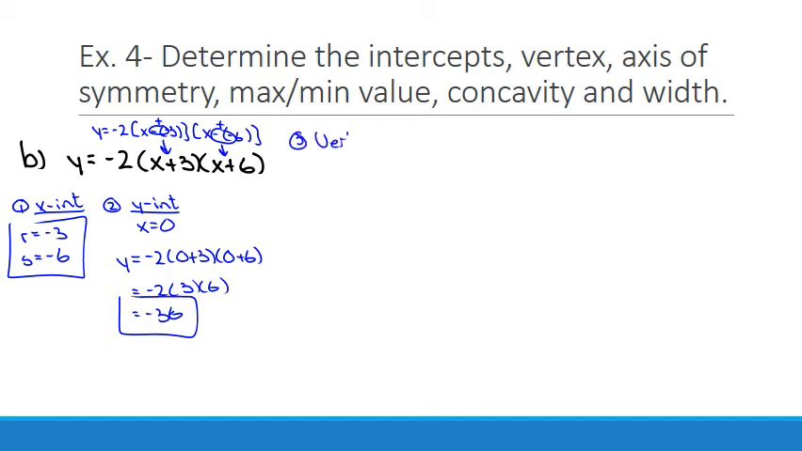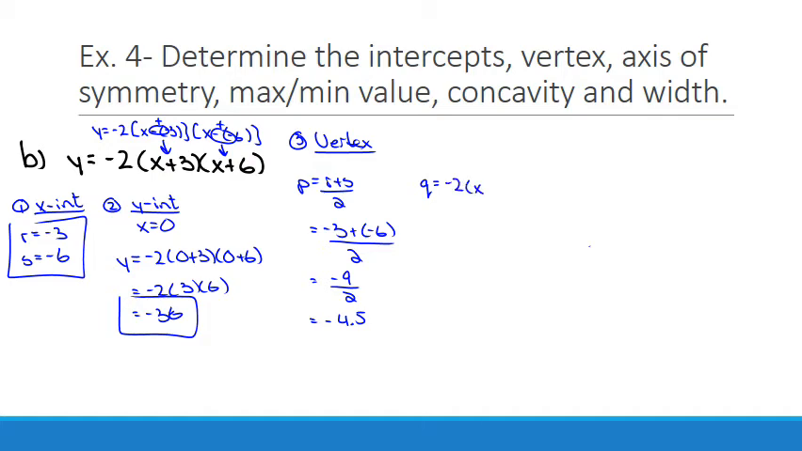Vertex. Again, a little bit of work with this one. To find your p-value, you add up your intercepts and you divide by 2, your x-intercepts to be more accurate. So negative 3 plus a negative 6 divided by 2, which works out to negative 9 divided by 2. So negative 4.5 if you want to write it like that. And that's fine. Vertices aren't always whole numbers. The q, the y part, is simply equal to,